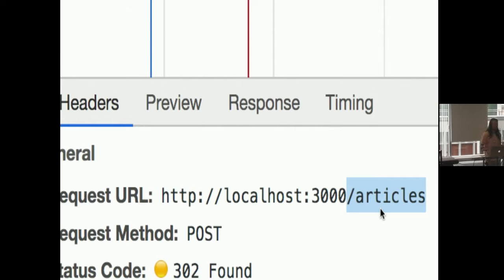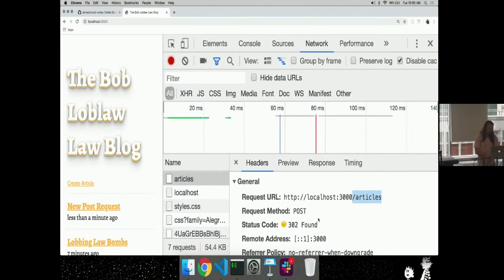If I only had one kind of resource, I wouldn't necessarily need to do that. But if I have 50 different types of resources, articles and comments, for example, I need to differentiate between these things. When I create a comment on an article, then I do a post on /comments, maybe, right? There's more complexity that can come with that. But I need to differentiate between the different resources that I'm dealing with. And so I'm creating an article right now. So my request is post /articles. I can look at the raw request data right here.